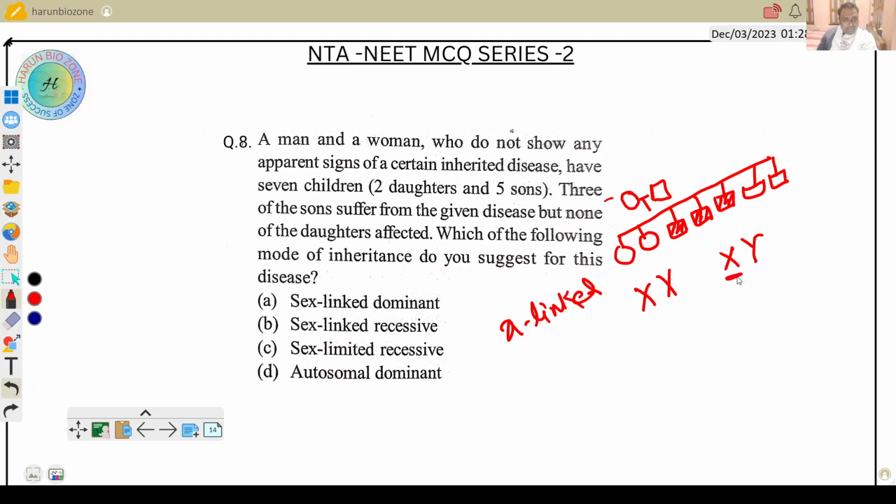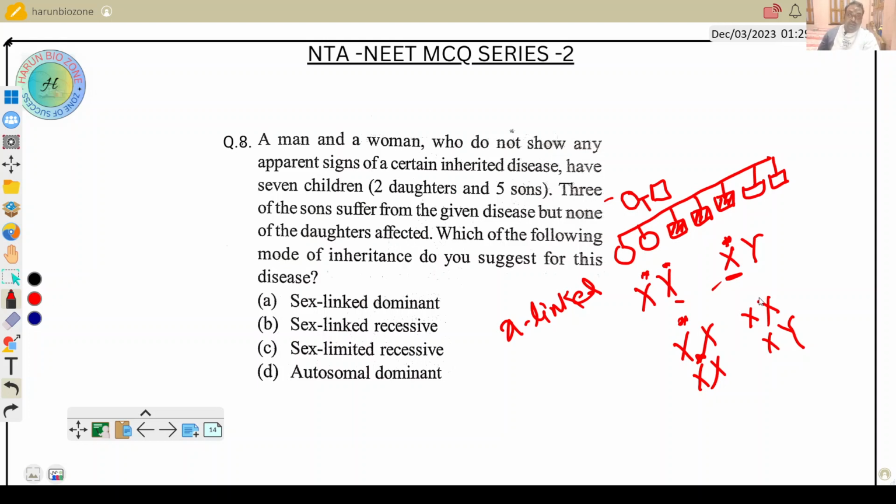So here father transfers his X chromosome to daughter, means one X chromosome and another X chromosome, that is called XX. In case of daughter, one X chromosome comes from father and another X chromosome comes from mother. But in case of mother, the X chromosome comes in both daughter and son. So if the father's X chromosome is affected, then the daughters become carrier. But if mother is affected, means when both the X chromosomes are affected, then 50% daughters are